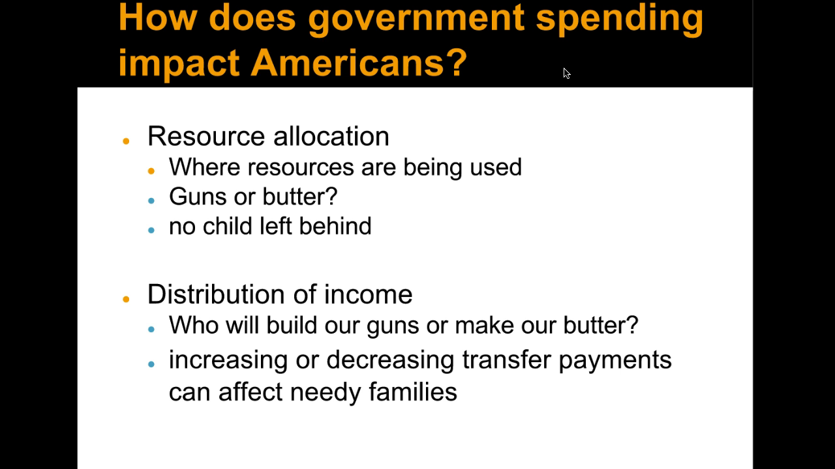So how does government spending impact Americans? Well, two ways: resource allocation and the distribution of income. Those are two of the ways. There's more. So for resource allocation,